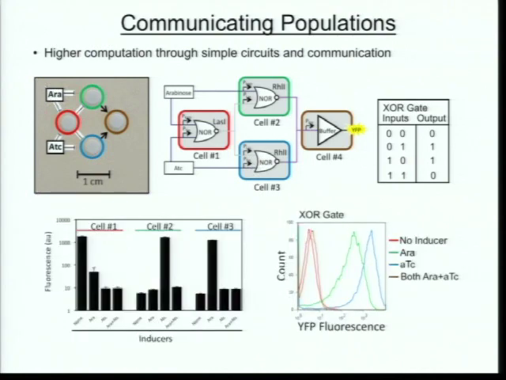And in this system, you see the signal is going from left to right, and each cell is behaving properly, and then you get a very strong XOR gate at the end, where if either input is present, the system is turned on, and if both are present or neither, the system is completely off. And so it's the same NOR gate where we're just rewiring the inputs in order to get these cells to communicate. The system's very modular, so by spotting the colonies in different spatial configurations and different compositions, you can make